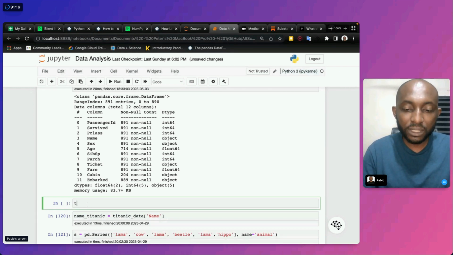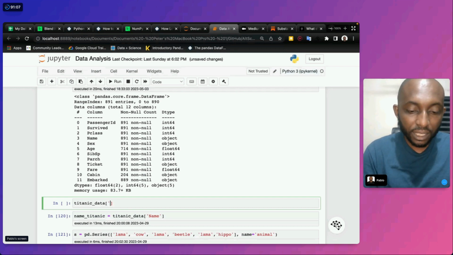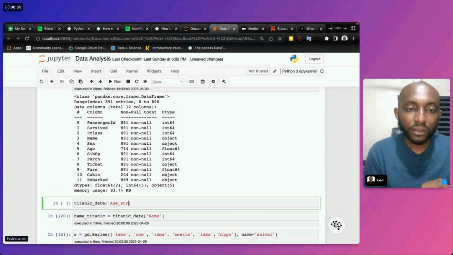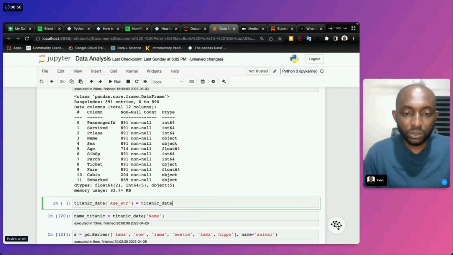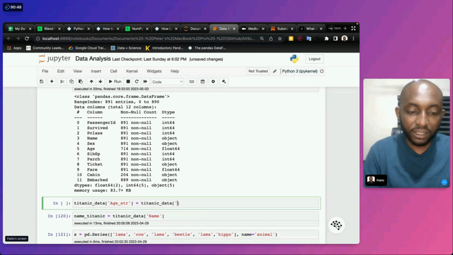Let's say we'll call this Titanic data, and we're going to create ourselves a new column, let's call it age underscore str. So that's going to be our age data. We've created it newly. Then we say Titanic data, then we refer to the Titanic data age.